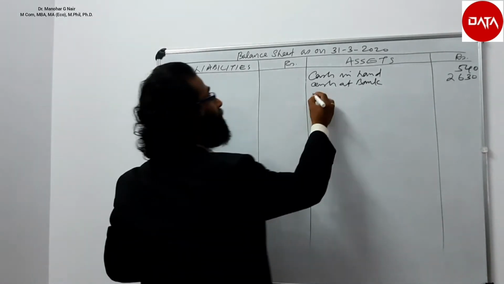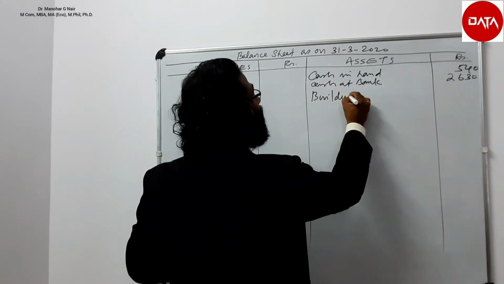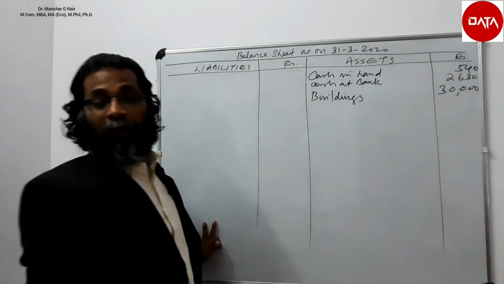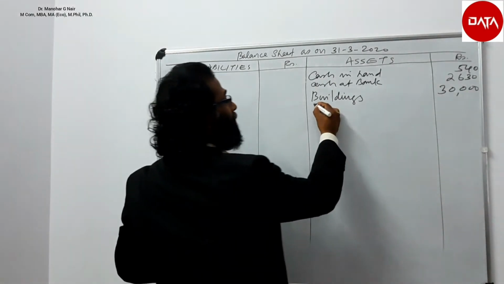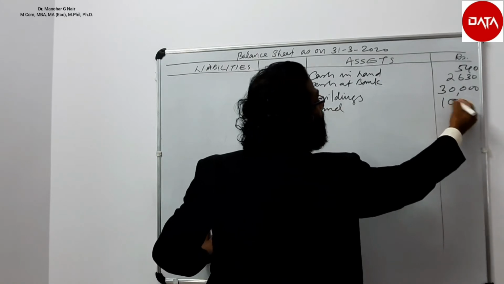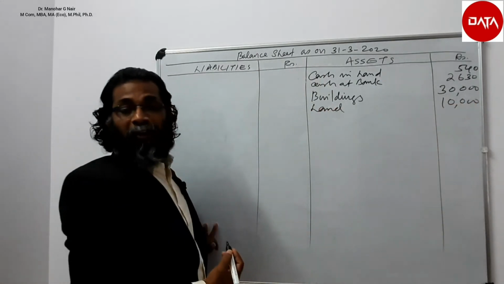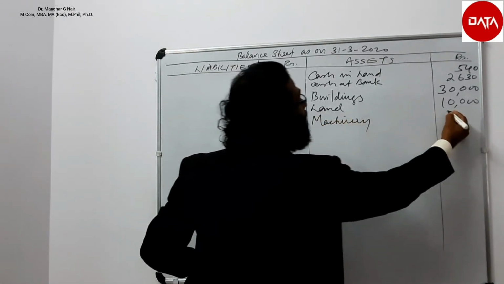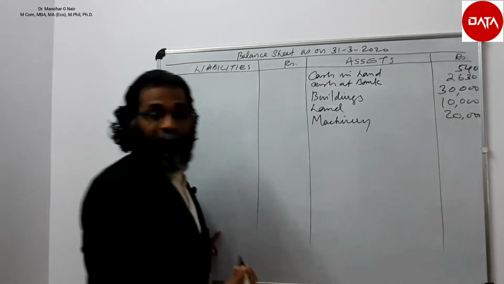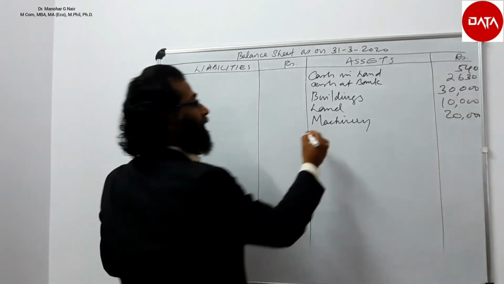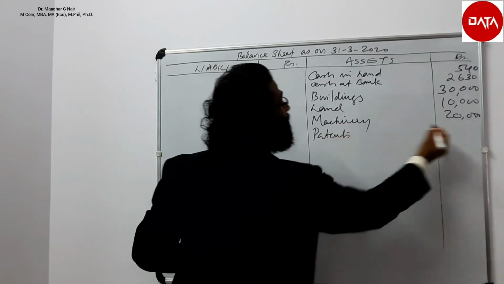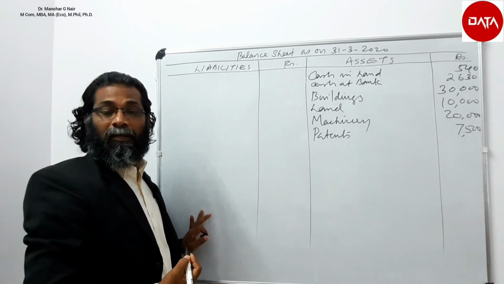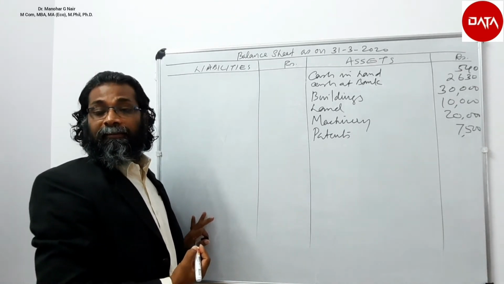buildings 30,000. It's an asset. Buildings 30,000. Then land 10,000. Then machinery 20,000. Machinery 20,000. Then patents 7,500. Patents 7,500. Salaries, general expenses, insurance, drawings, capital, sundry debtors